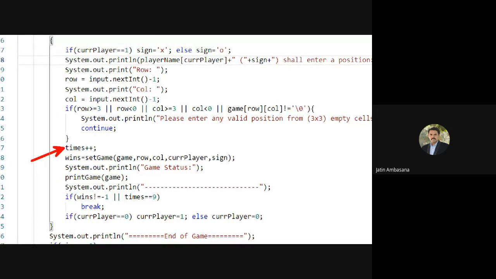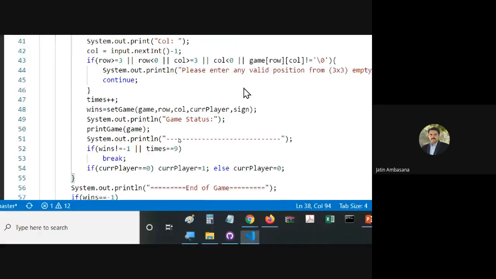It means currently the times becomes 1. Then we say wins equal to set game, where we pass the game 3 by 3 matrix, the row number, the column number, the current player number, and sign. All these things are passed to set game, and it returns the number of the winner.